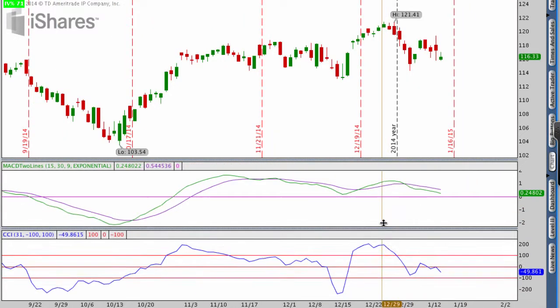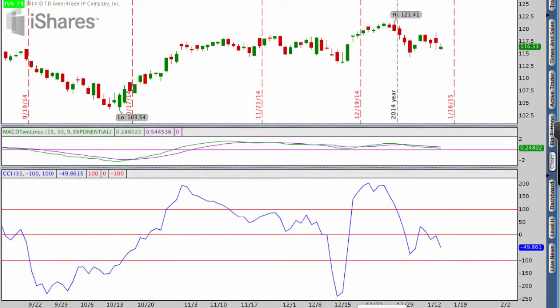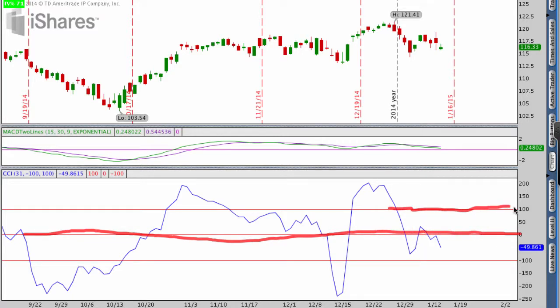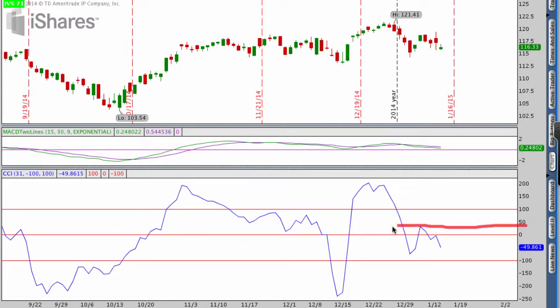What's important to notice about CCI is that the most important line on this chart is actually the 0 line. Now on here I do have the 100 and the negative 100 because that's what defaults in the indicators. On my particular charts, I like to take those off if I can because I'm not looking at that line. I really want to be focused on kind of this 0 line, and that's where we get our buy signal